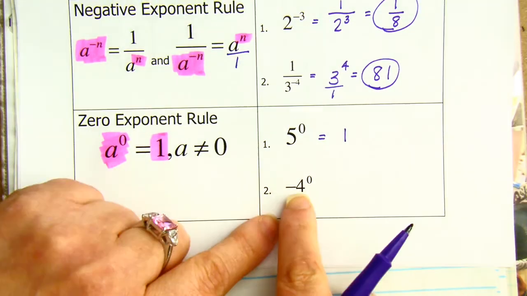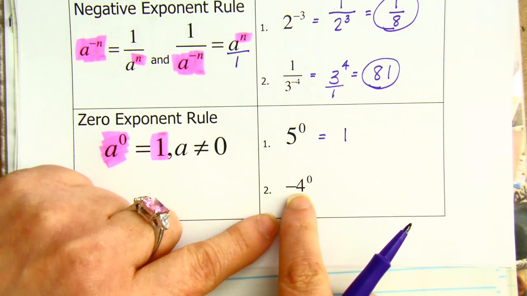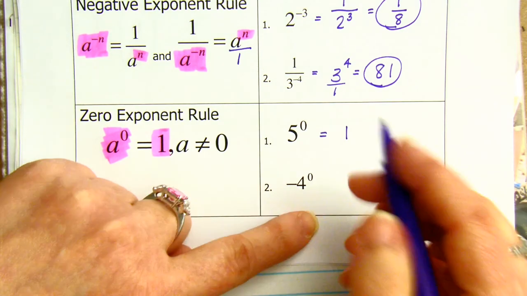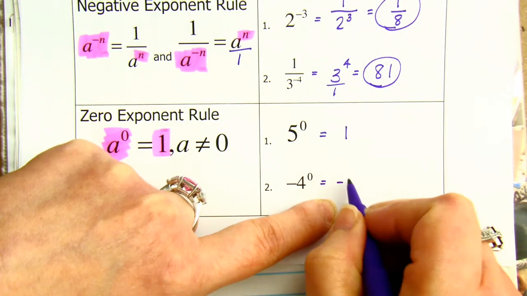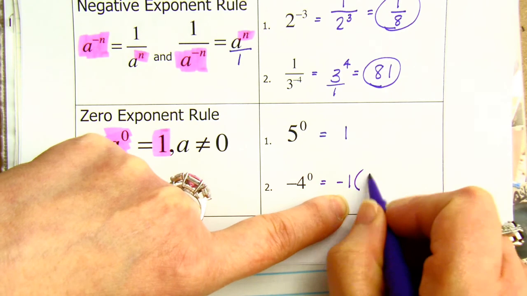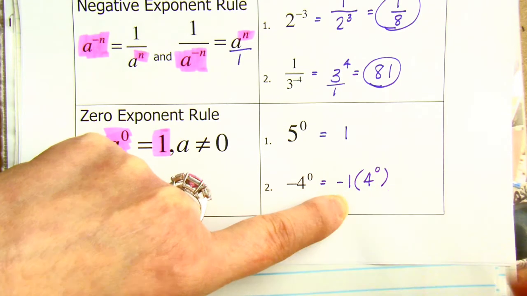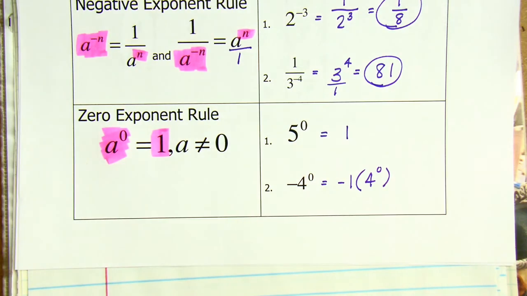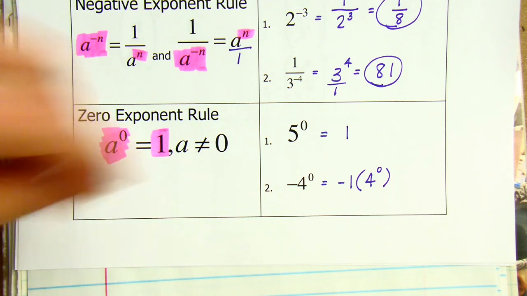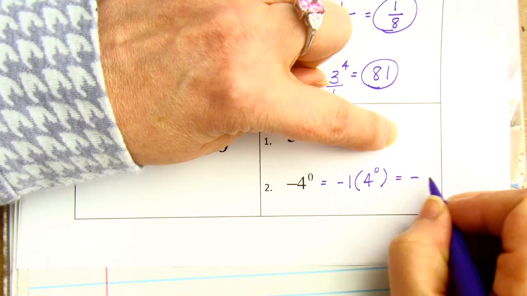This one is a little bit different because, remember, this is the same as negative 1 times 4 to the 0 power. You have to understand what the base is. Okay, the base here is not negative 4 being raised to the 0 power. It's negative, or the opposite, of 4 raised to the 0 power. This equals negative 1,